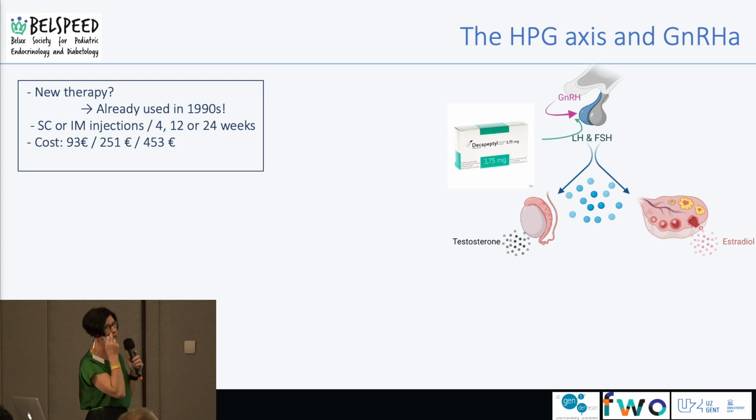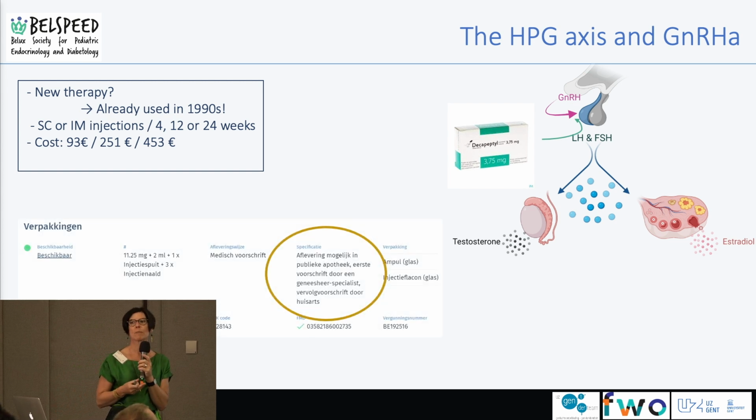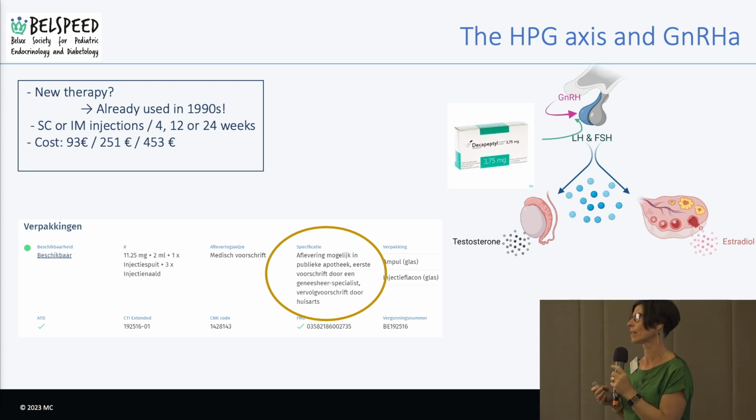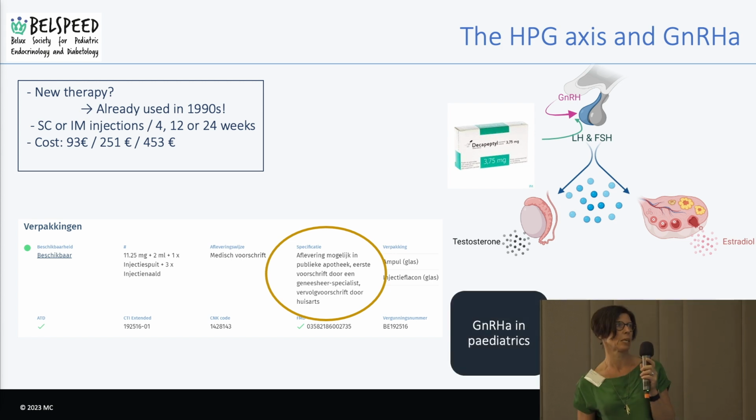GnRH agonists are not at all a new therapy, in contrast to what we might expect from the program, but the legislation around prescribing GnRH agonists has recently changed. Since September 22, it has moved from category 4 to category 1, which means that in category 4 you needed a medical attestation, whereas now every specialist doctor, so pediatricians in this case, can prescribe a GnRH agonist, and then the GP can continue with the medication. So we thought that this was a good opportunity to remind you about the use of GnRH agonists